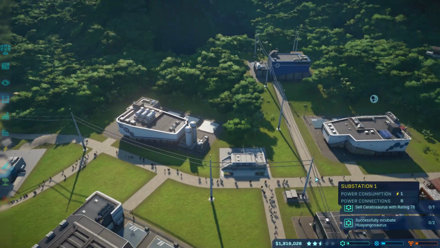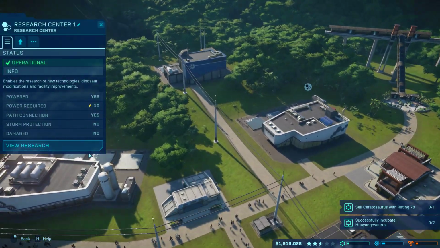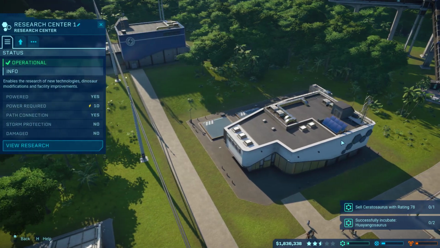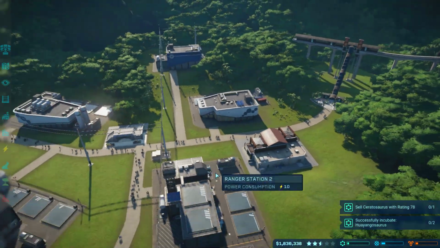Extract DNA for Hyaginosaurus. I do not know how to pronounce these names. And we are gonna do the Hammond Lab upgrade. How long does that take? I should have looked. 3 minutes. Alright, so